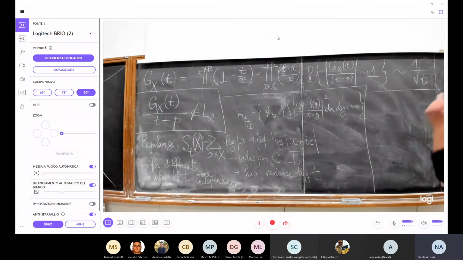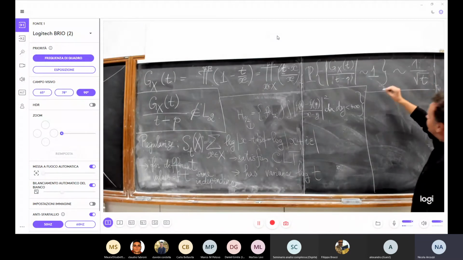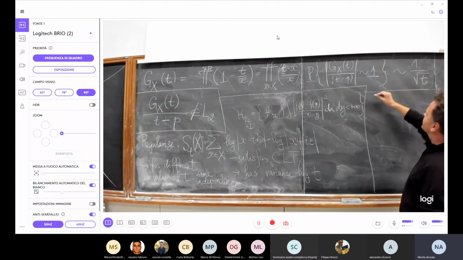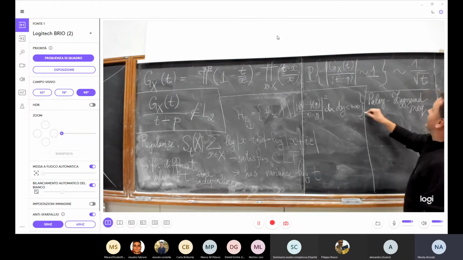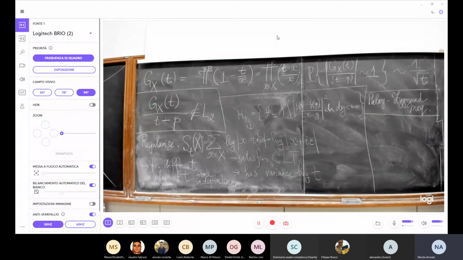And because of the independence, in fact, one can use the inverse of the Borel-Cantelli lemma. In fact, what we use is the Paley-Zygmund inequality. So one can say that these events are sufficiently independent so that once this series diverges, there happen infinitely many of them. And this is precisely what concludes the argument.